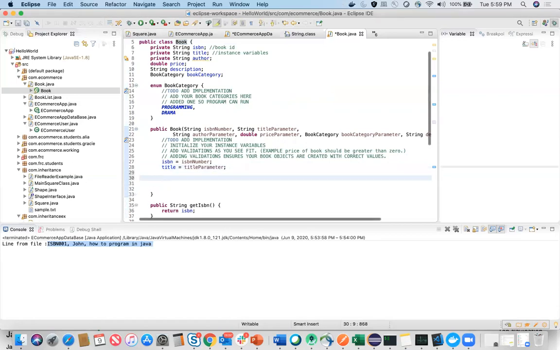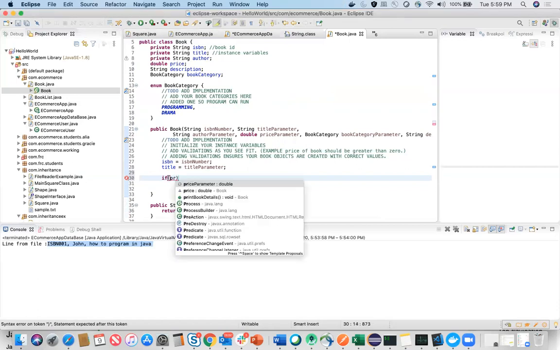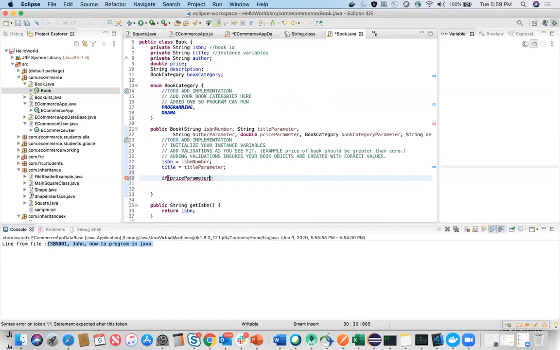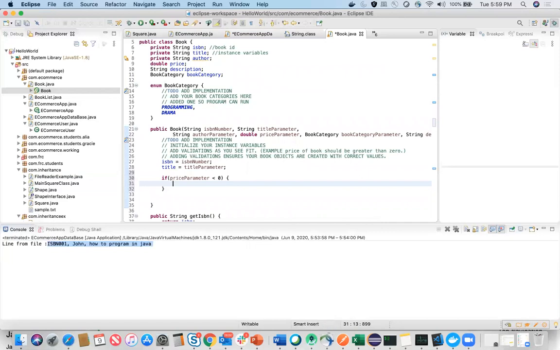I'm just going to add an example here saying that, let's say the price parameter that is passed is less than 0, maybe. If it's less than 0, I want to throw an exception. And luckily Java has already provided different types of exceptions. I can just say throw new exception, and I can provide a method that says,